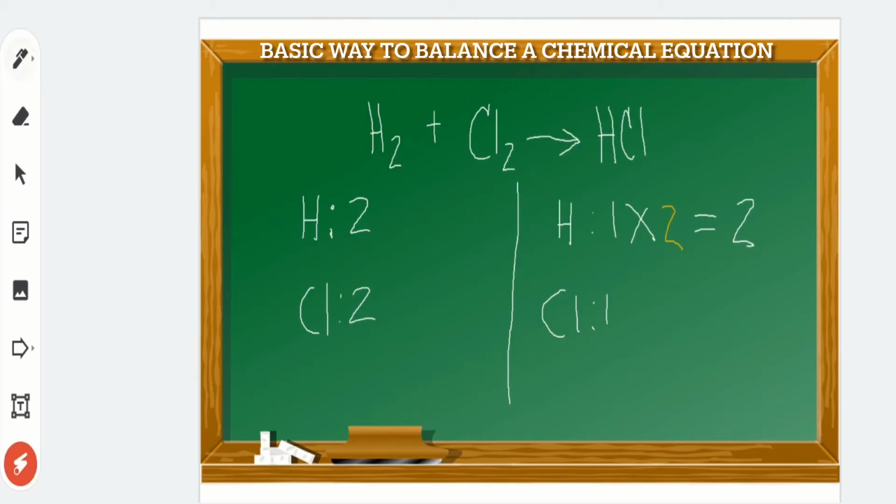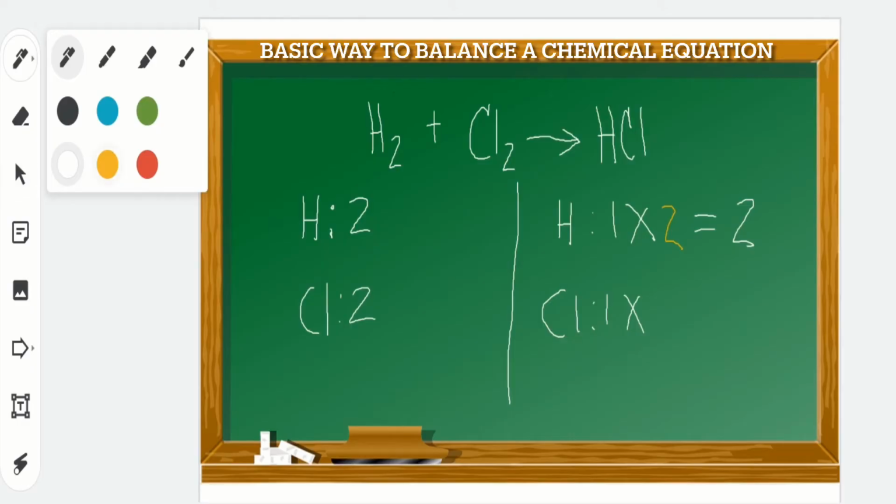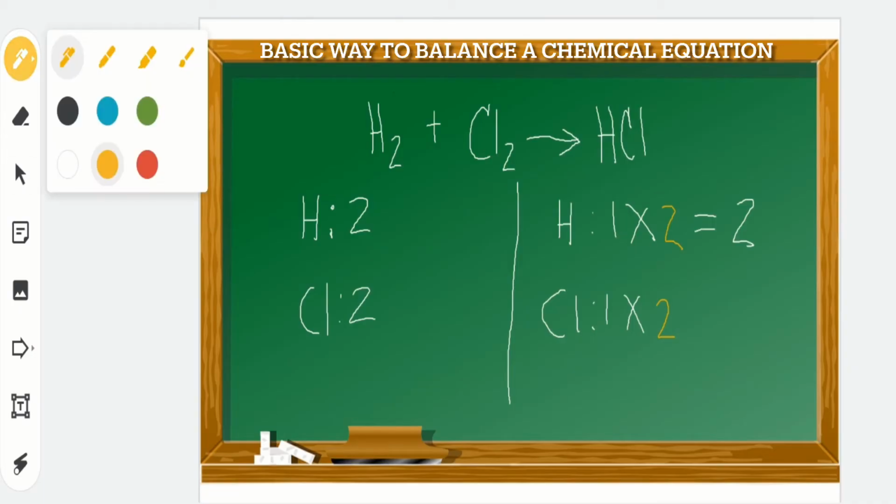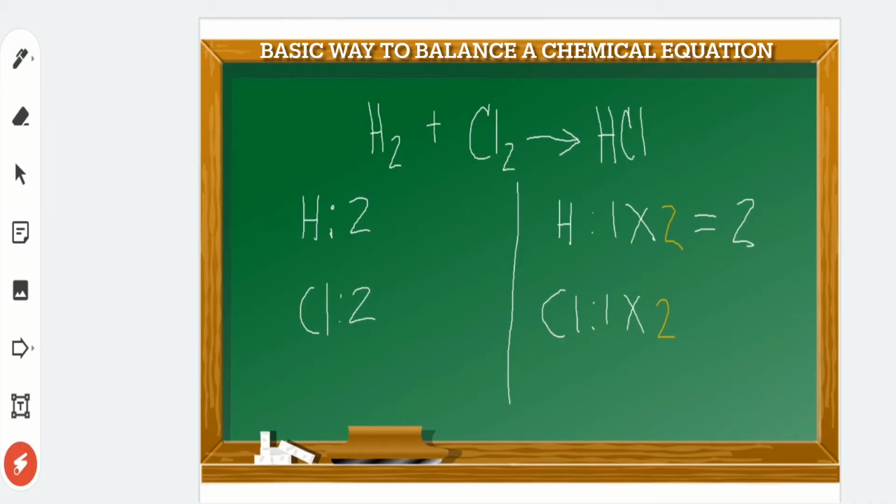Okay, dito naman sa ating chlorine, we have to multiply it by the same also. Kung napapansin nyo, ang i-multiply din natin ay 2, kasi nga yung ating molecule of HCl dito, magkasama si hydrogen at si chlorine. So, ibig sabihin, kung ano yung nilagay mo na coefficient dito, yun yung i-multiply mo both dito sa hydrogen at chlorine. Okay? So, multiply din natin siya ng 2, and obviously, we will have 2 chlorine dito